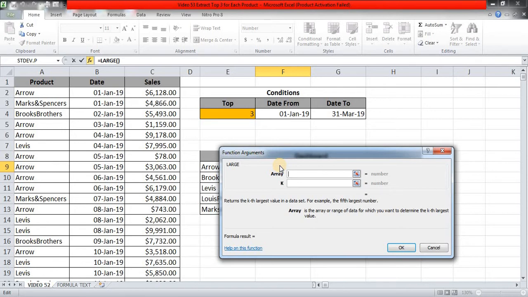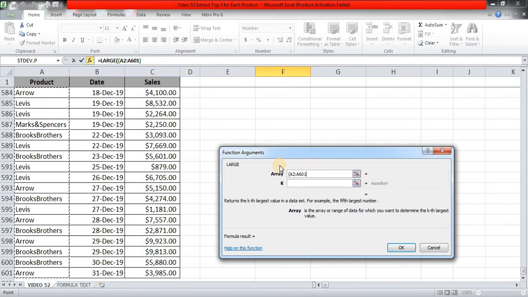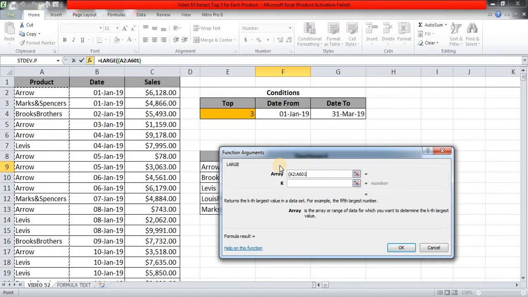I am opening parenthesis for this first condition. Now I am pressing F2. I am selecting this product range with Control Shift and down arrow, and I am pressing Control Backspace to jump to the first cell, and I am pressing F4 to lock those cells, because we will be copying this formula down and to the sides.